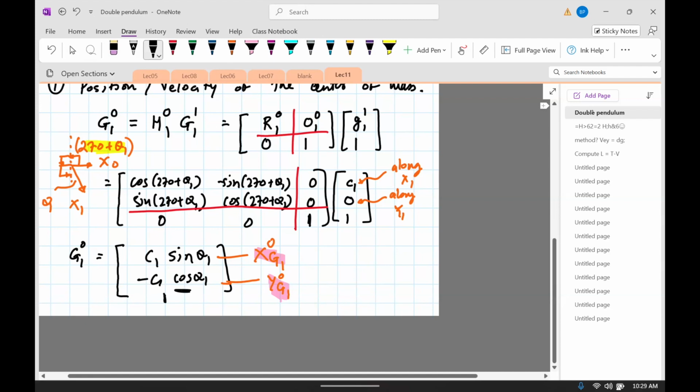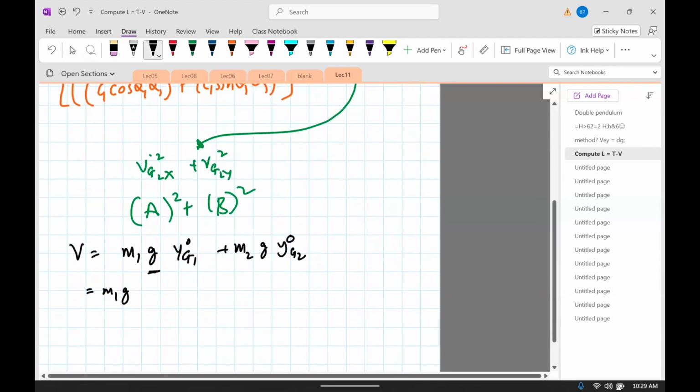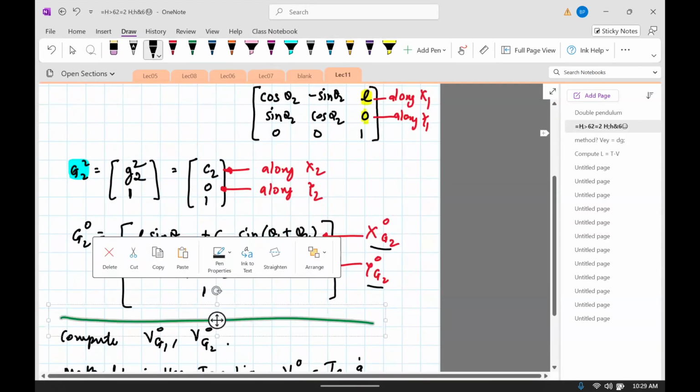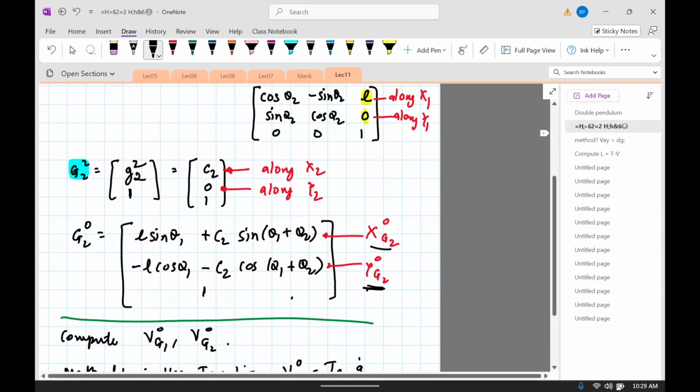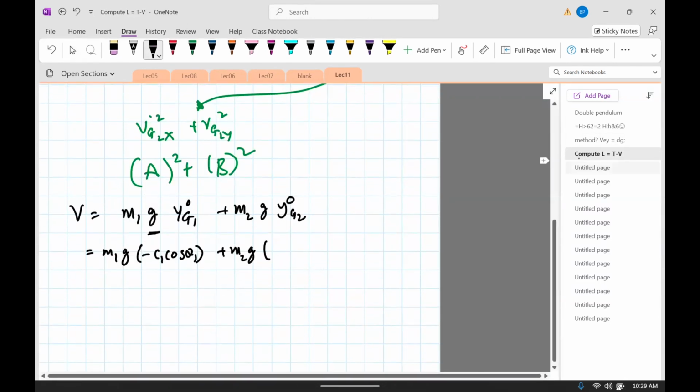Negative C1 cosine theta 1, times M2G. And then for YG2, it's going to be this thing. This is YG2. So minus L cosine theta 1 minus C2